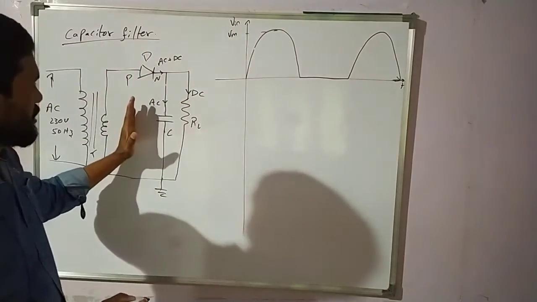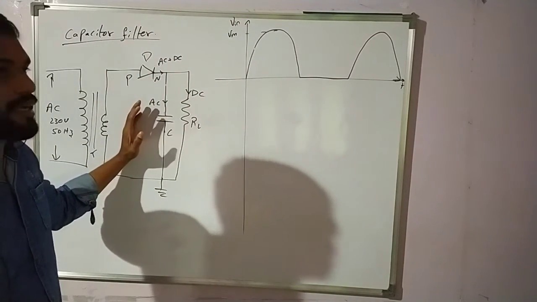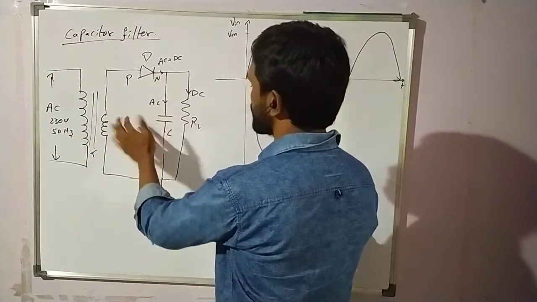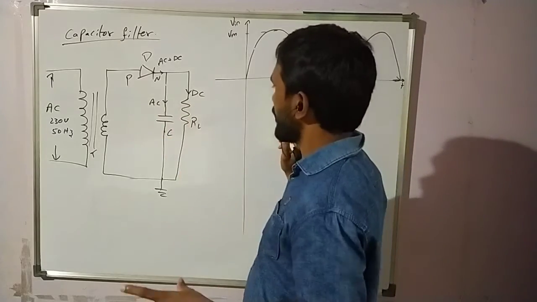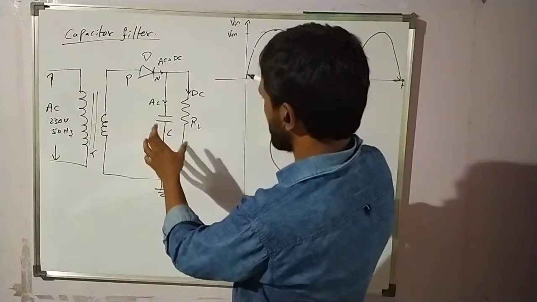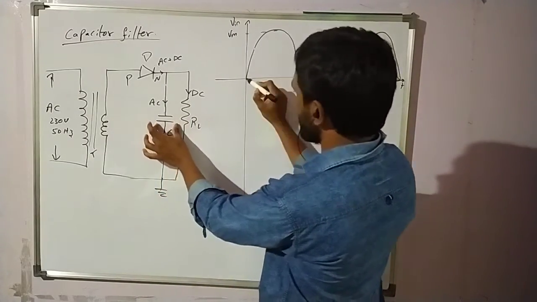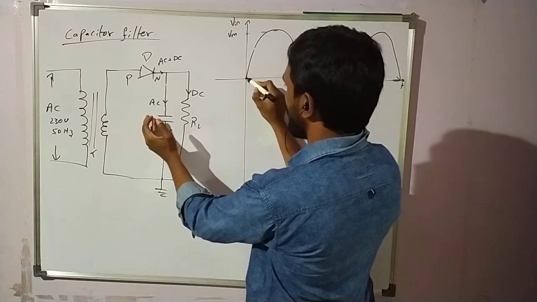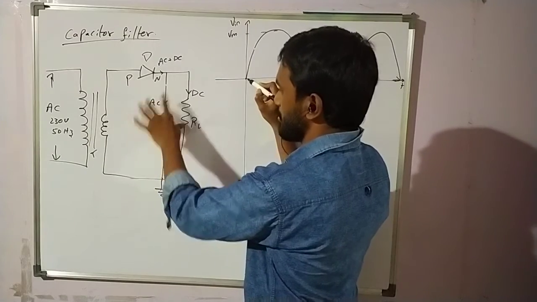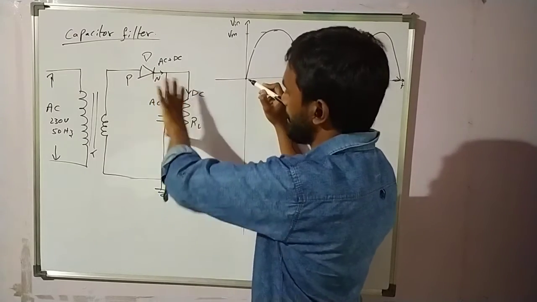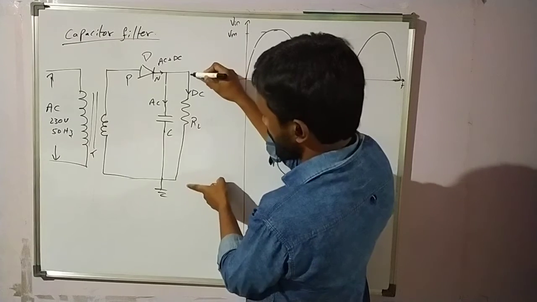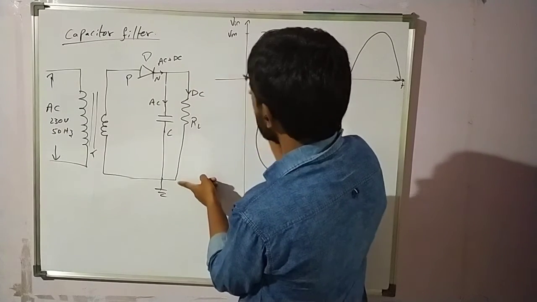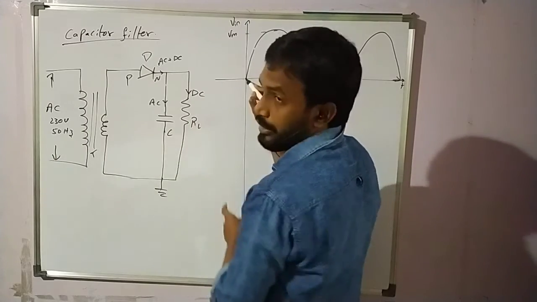Now I added a capacitor for this. Let it be an initially discharged capacitor. Now, what does the capacitor do? It will charge. It will store the energy in the form of an electric field. Now I want the capacitor output. The capacitor output is 0 initially, because across the capacitor I am noting down the voltage. This is the voltage across the capacitor as well as the resistor. Both are in parallel. So initially it is 0.